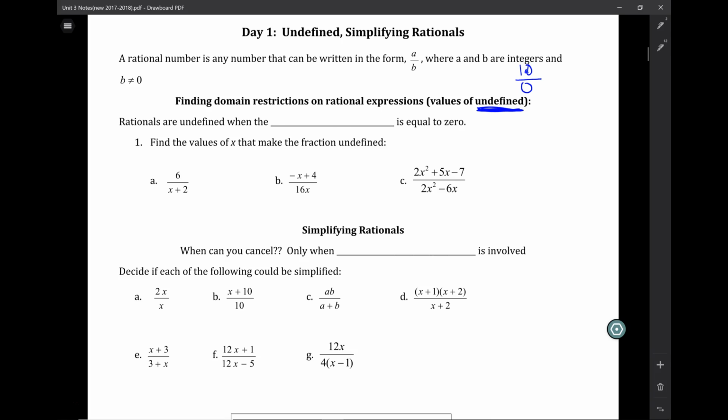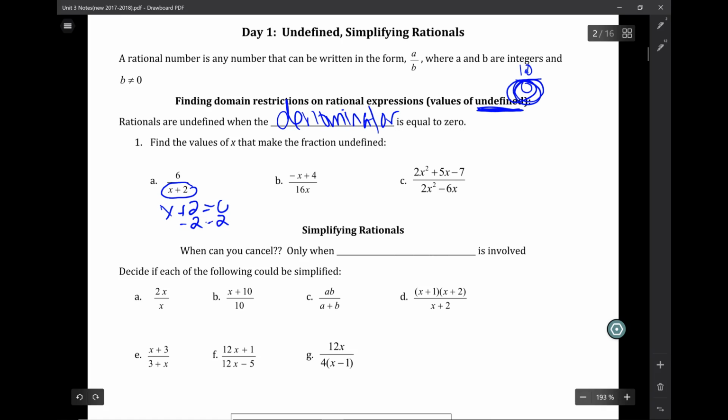So for something to be undefined, we only care about the denominator being a 0. So rationals are undefined when the denominator is equal to 0. So that's what we're going to do. When it says find all the values of x that make the fraction undefined, I literally take the denominator, whatever it may be, I set it equal to 0, and I solve for the x value that makes it undefined. So I would say in this problem that x cannot equal -2, because if I plug -2 in for x,